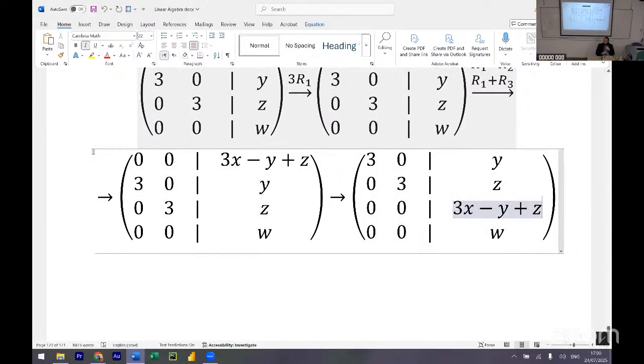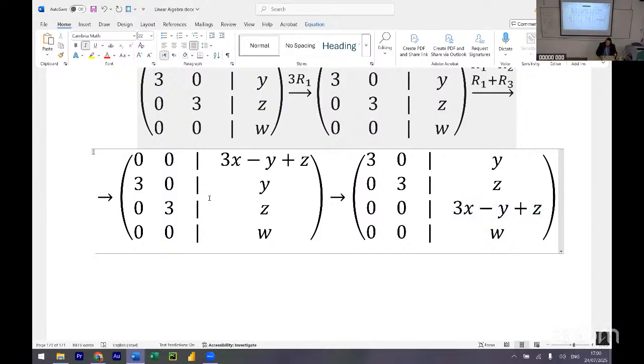You could have left it as it was and it wouldn't really change. You need to make sure you are able to get it into an echelon form, right? You can do it in your head and say this is almost an echelon form, because the only claim is that the zero rows have to be at the bottom, which is not very interesting. So now we get that 3x minus y plus z equals 0.